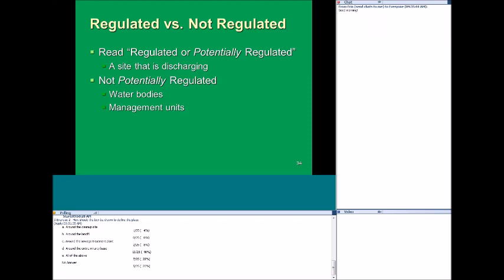So even if you got a complaint for an unregulated discharge, if it's something where we would say, okay, send in your application because we're going to issue an order, that's a potentially regulated site. So you would select the radio button associated with the regulated option. The not regulated option is for water bodies, management units, things of that nature.